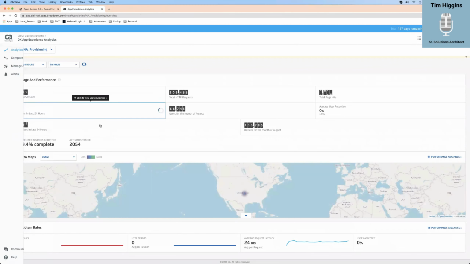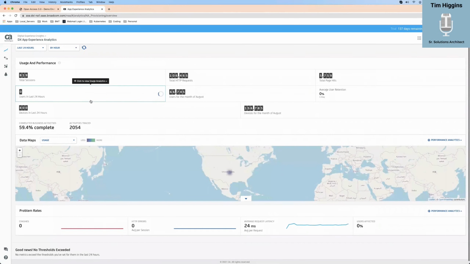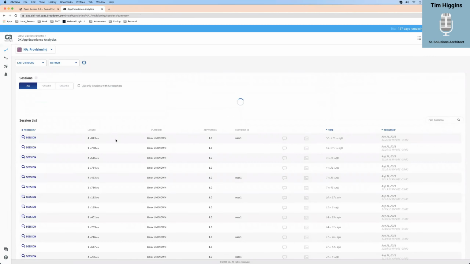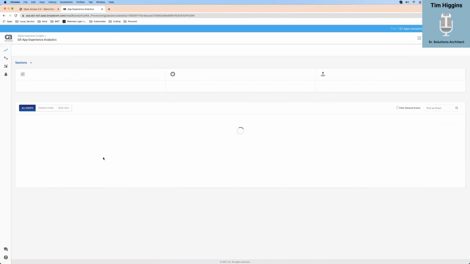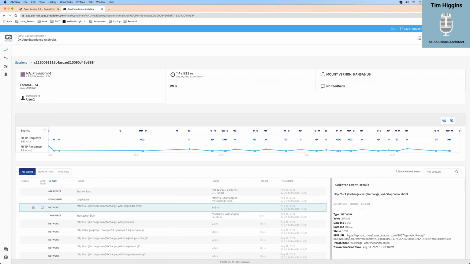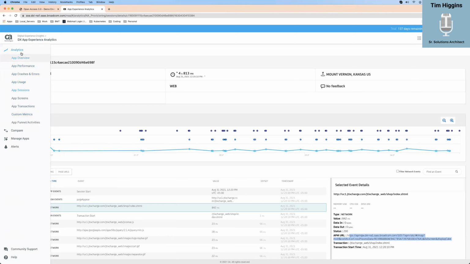All we did was we started looking at our users. We looked at our total sessions. We were able to see our sessions based off of that. Here's the user. And if I click on it, again, I see the information broken down. And then if I click on one that says network, our page, then I start getting the information. Here's the upside down birthday cake. I can click here to get to the map, and I can click here to get to my waterfall view. It's really that quick and simple.